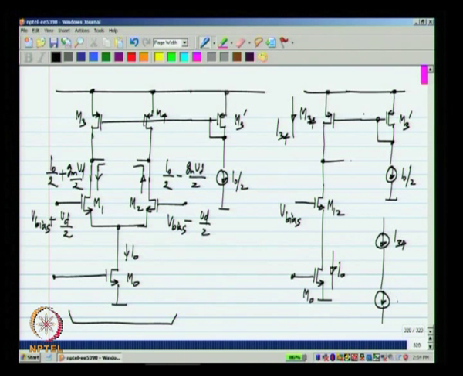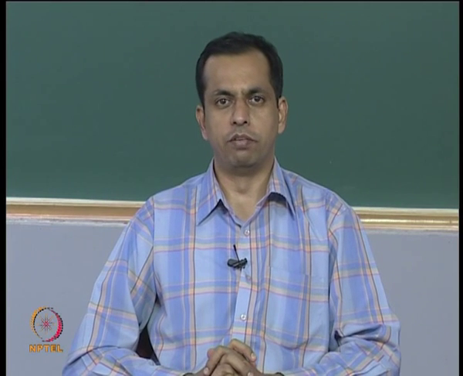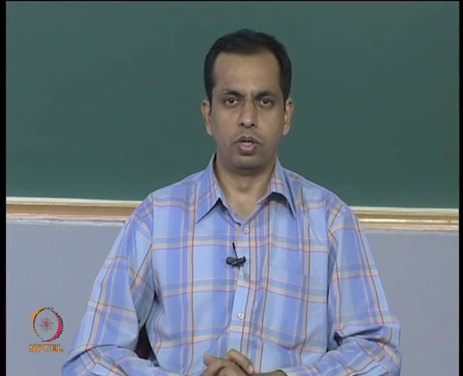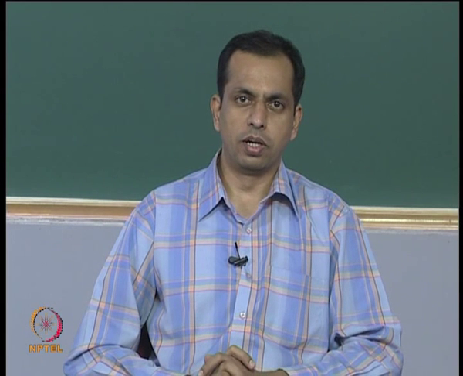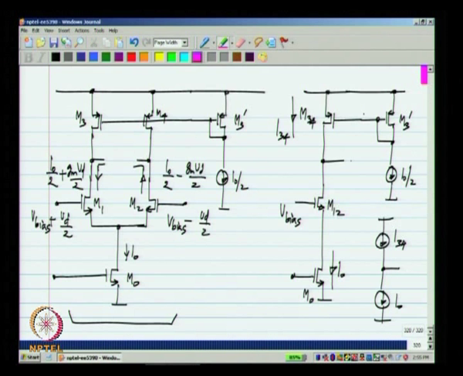So, this you recall, it looks like having two current sources I34 and I naught like this. We know that with ideal current sources we cannot even make this connection unless I34 happens to be exactly equal to I naught. Now, there is no way to guarantee that the total current from the upper transistors M3 and M4 equals the current from the lower transistor M0. Okay. So, if you do build this circuit, you will almost certainly find the output to be very close to the VDD rail where the PMOS transistors are in triode region, or very close to ground rail where the NMOS transistors are in triode region.